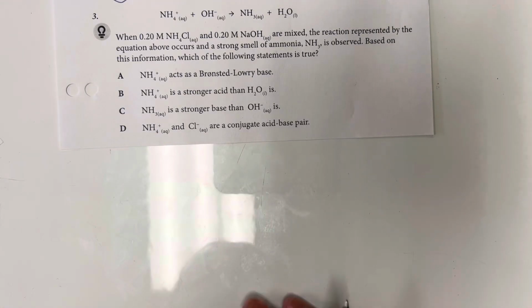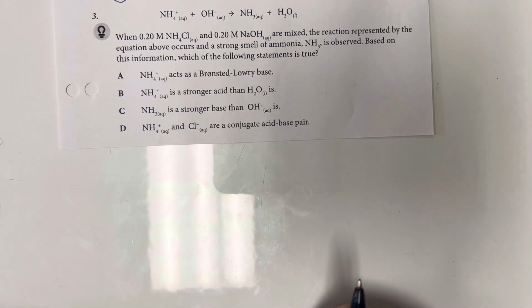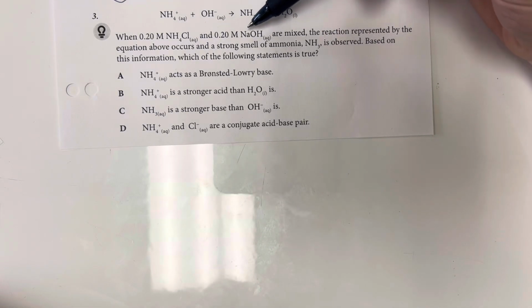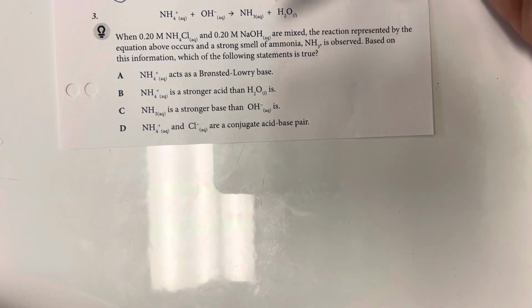When 0.2 molar ammonium chloride and 0.2 molar sodium hydroxide are mixed, the reaction represented by the equation above occurs and a strong smell of ammonia, NH3, is observed. Based off of this information, which of the following statements is true? So if we are able to get a strong smell of ammonia, that means that this is going to be escaping